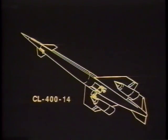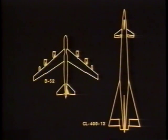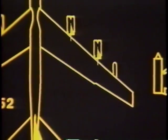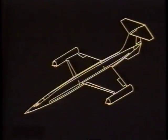Because of the extremely low volumetric density of liquid hydrogen, however, the latter speed and range capability could only be achieved by building an airframe twice the size of a B-52. That was far too costly. And thus a much smaller design at the lower end of the performance spectrum went into development as the CL-400